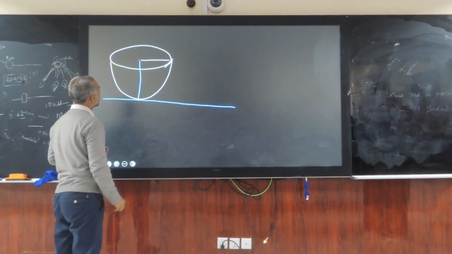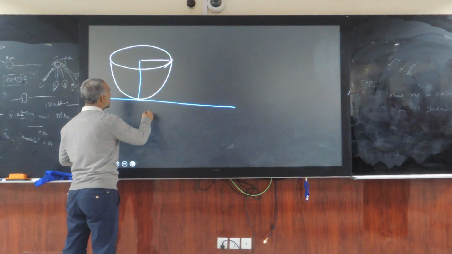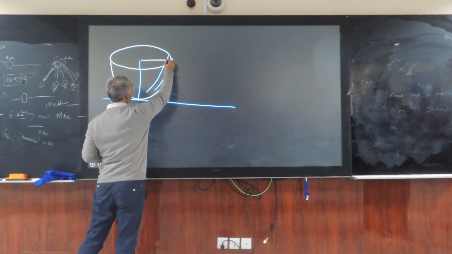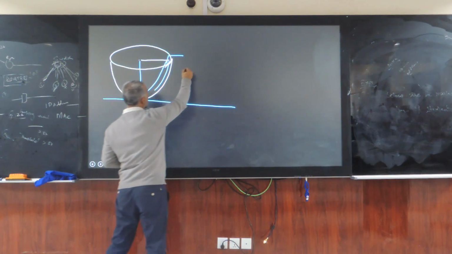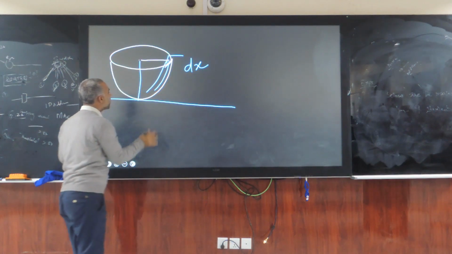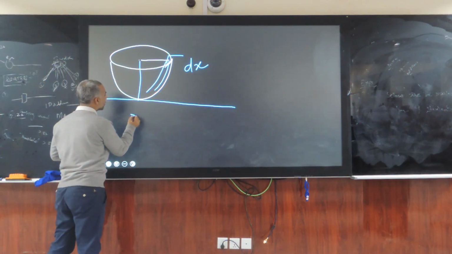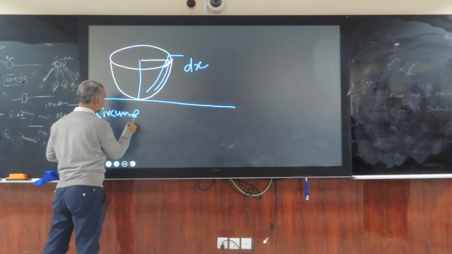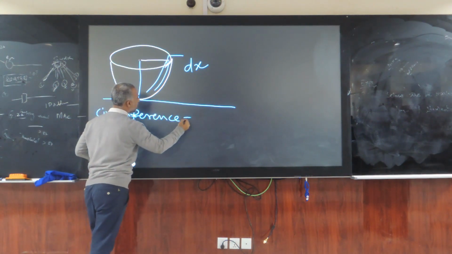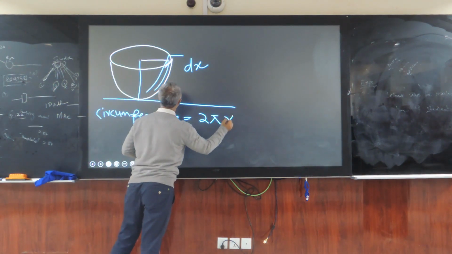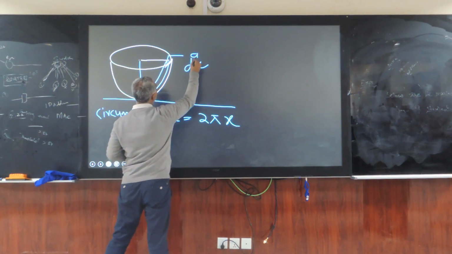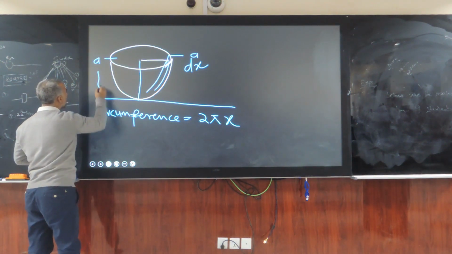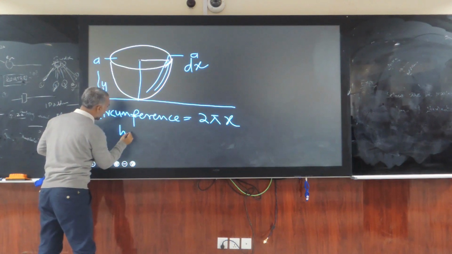So, in the reverse way, each shell is representing dx. If we unwrap each shell, the circumference of each shell is represented with the help of 2 pi x. In the case of height, a is the total height and y is the variation in height, so